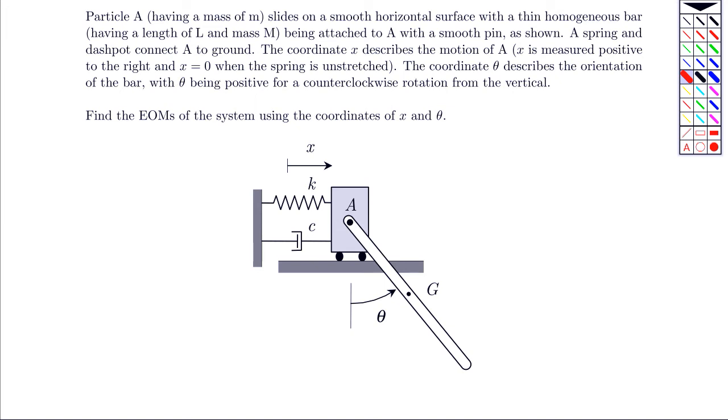The system is made up of block A, which is able to move along a smooth horizontal plane, a bar which is pinned to the block at A. The bar is thin, homogeneous, and there's a spring connecting the block back to ground, a dash pot connecting the block back to ground. Again, our goal is to find the 2 differential equations in terms of the generalized coordinates of x and theta. We'll start out with the